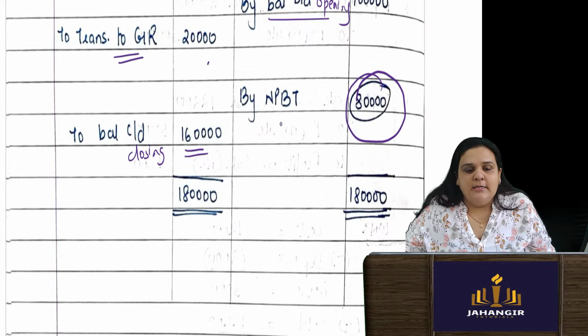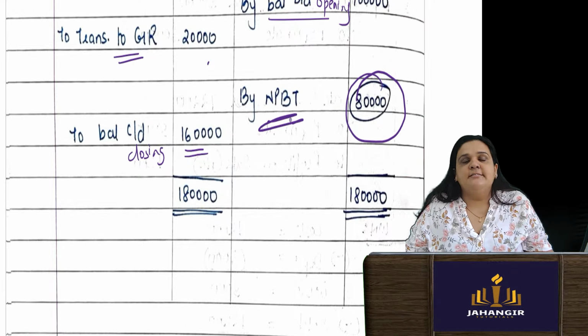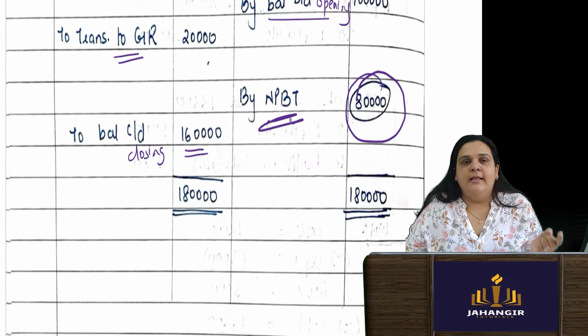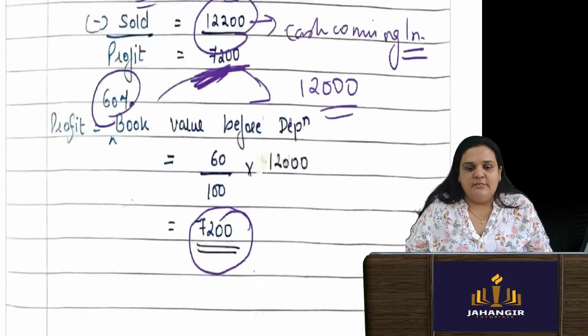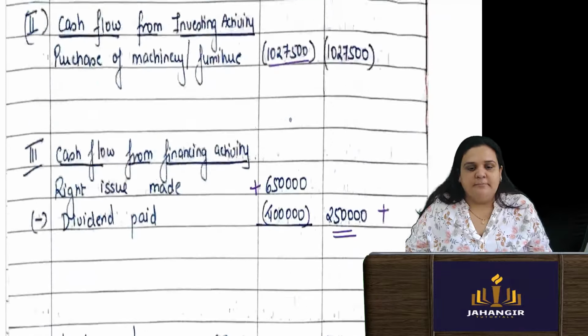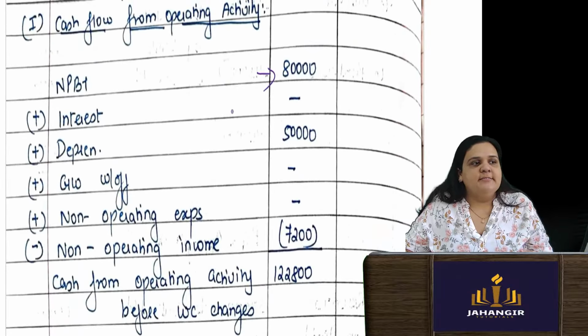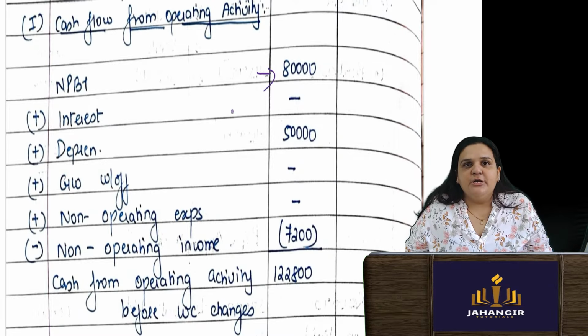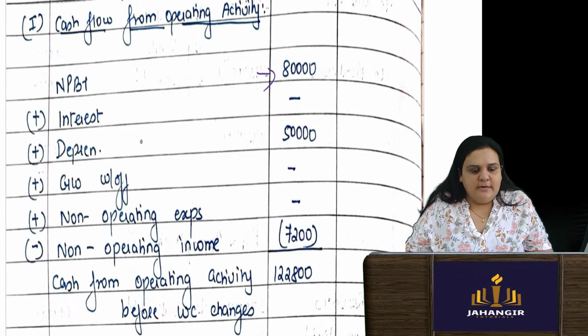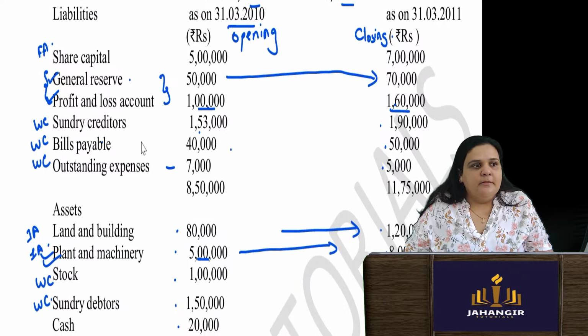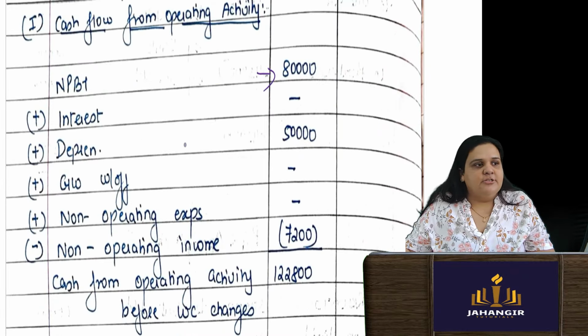I'll have to start the sum with the net profit before tax, do the adjustments on that, and then arrive at cash flow from operating activity. Now see this, taking this 80,000 the sum. Net profit before tax 80,000. Any financial related or investment related activities I will add back or subtract. Is there any interest related? Nothing is there, dash. Add back interest received.